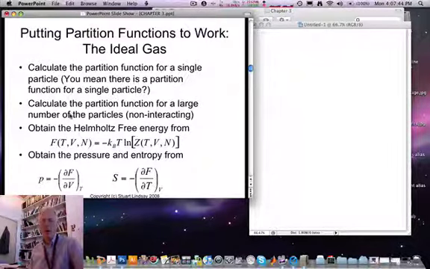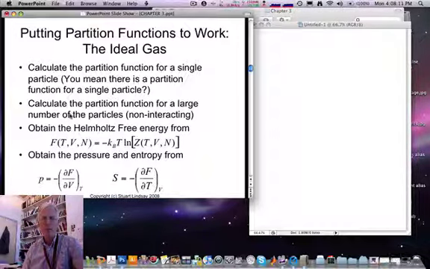So the program of statistical mechanics is easy, right? Count up the microscopic states of a system to work out the partition function, take its logarithm, multiply by kT, get the appropriate thermodynamic potential, and minimize it to find the equilibrium properties of the system. So, of course, as always, the devil's in the detail, and we'll show just how hard this process is by